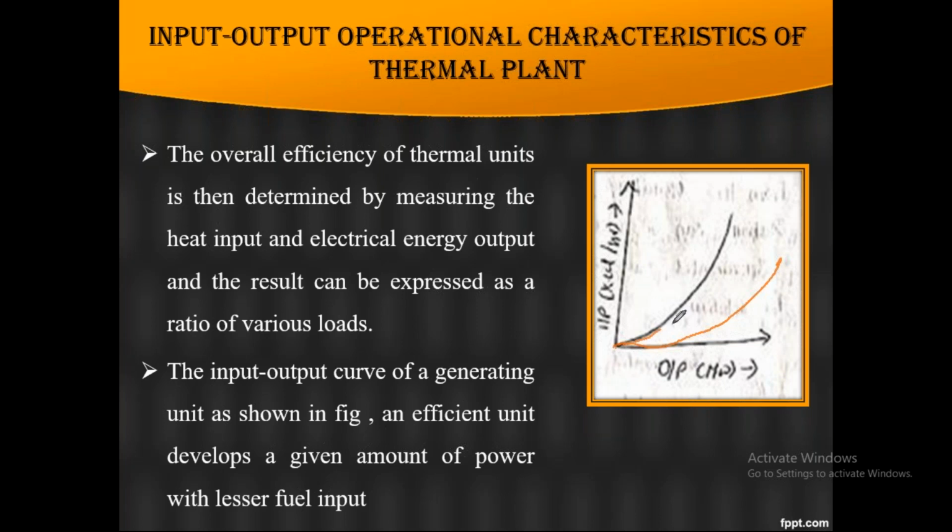If the graph comes like this, it means the performance keeps on decreasing. Why? Because here the input will be more and the output will be less. So it says, based on the input, how it will work, and finally what the performance of a particular unit is. And if the graph is like this, its performance will be better, and we can schedule this unit for a maximum load demand.